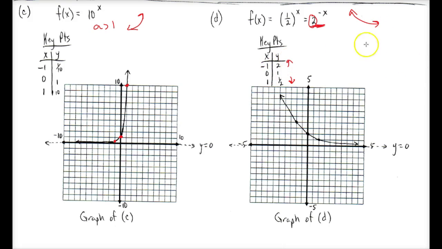Okay, if you look at it in terms of this, where a is being greater than 1, if you look at it in that light and you look at these points,